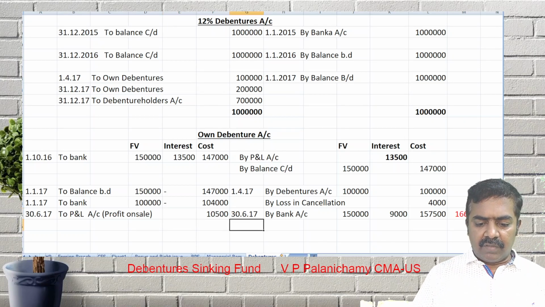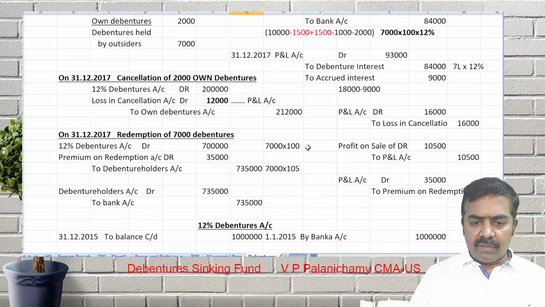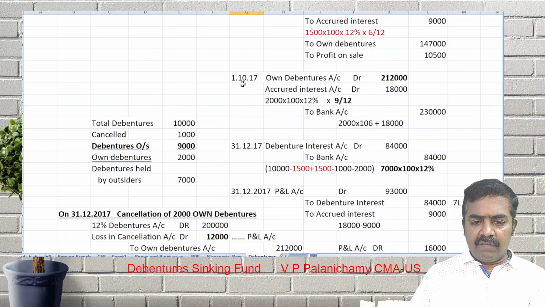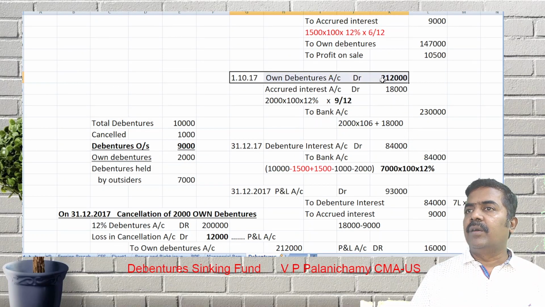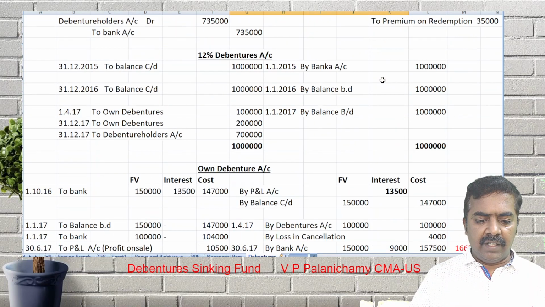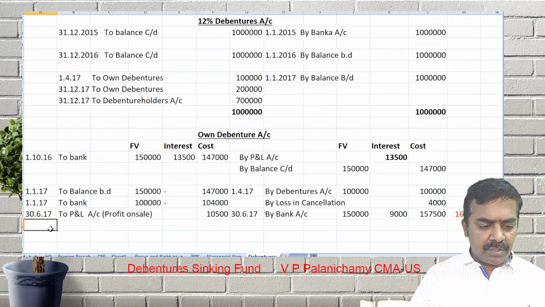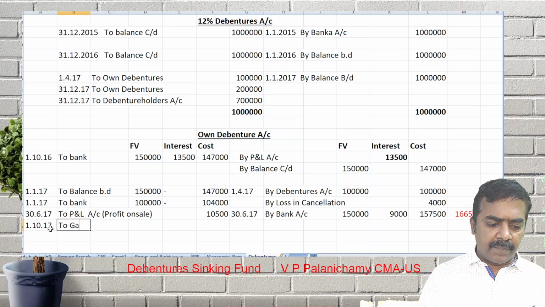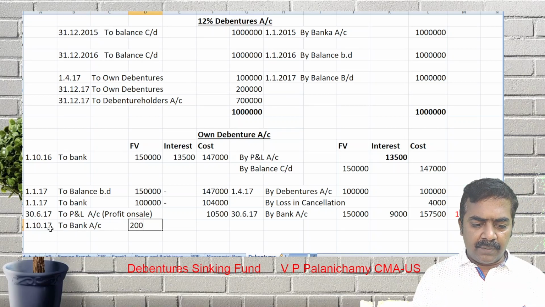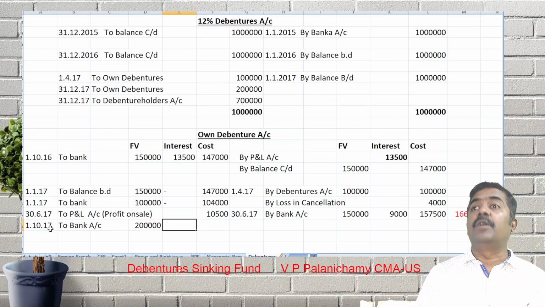Next, what is the next transaction? We are buying own debentures on what date? 1/10/2017. 1/10/2017 we are buying our own debentures to bank account. எவ்வளவு debentures purchase பண்றோம்? To bank account எவ்வளவு face value? 2 lakhs. Interest எவ்வளவு pay பண்ணிருக்கோம் பாருங்க அப்போ